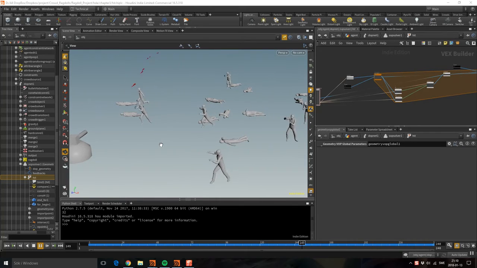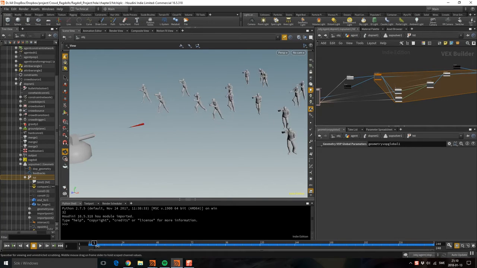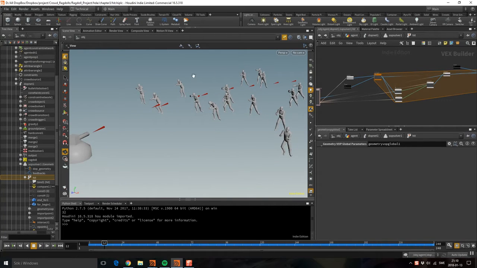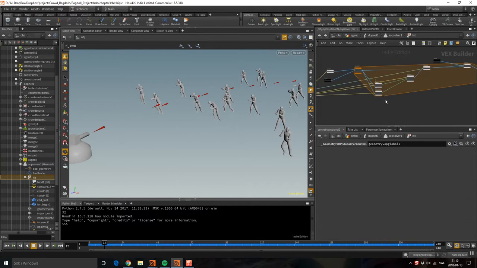Okay, back to this again. And now we're going to put all that newfound knowledge to good use. Right now, all the agents are dropping straight down when they're triggered, and I want to apply some force right at the position where they get hit. The first step to do this is to get the actual hit position, and then see what agent transform is